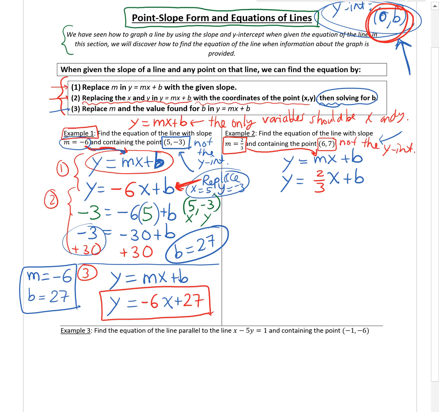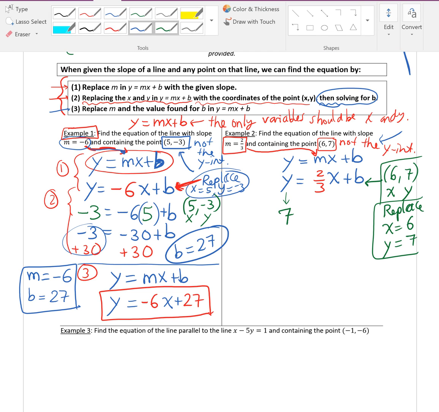Okay, but we know another point, like we said, it's 6, 7. So 6 is the x value, 7 is the y value. I'm going to replace, in the equation that I just wrote there with m equals 2/3, x with 6, so x with the x value, and then y with 7, y with the y value. If I do that, then I should be in a good place. So here I got a y, but I know I want to replace y with 7, like we said here. Okay, then equals